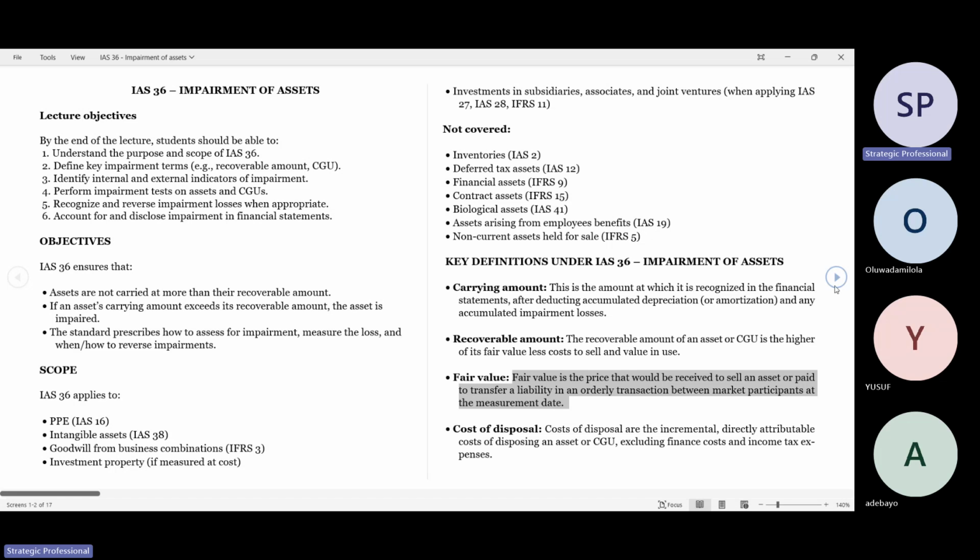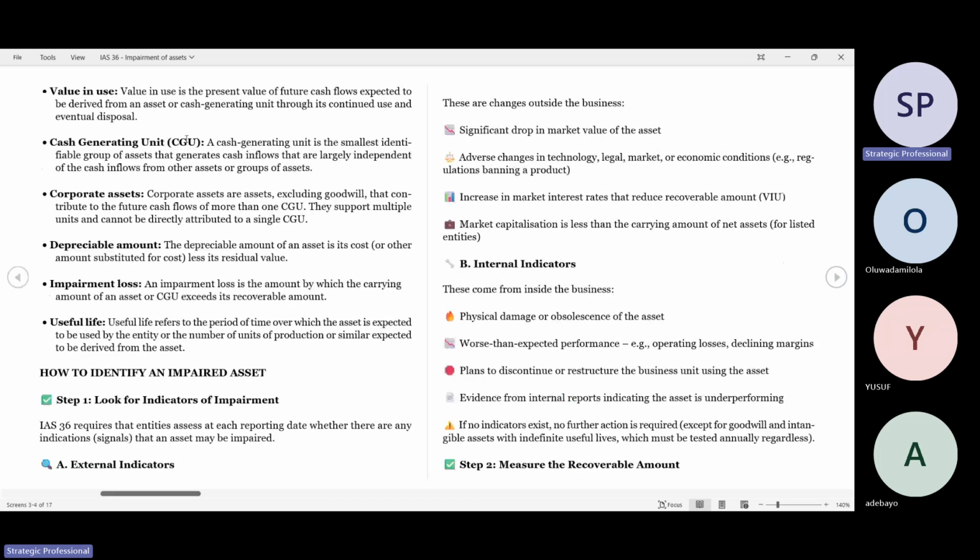Then I said I'll come back to the recoverable amount because I need to explain the components of recoverable amount before you understand what it means. Then value in use. Do you get what fair value less cost of disposal entails? Yes, sir. Okay, Mr. Yusuf and Mr. Bayo that just joined, you also understand what I just explained, or I was too fast? Definitely. Okay. Well understood. Okay, thank you very much.